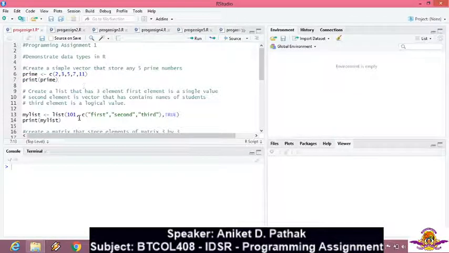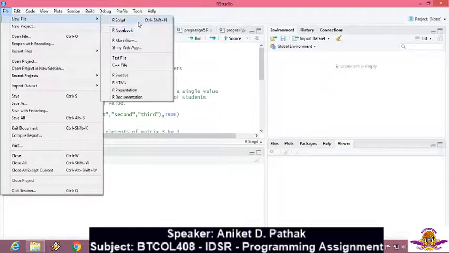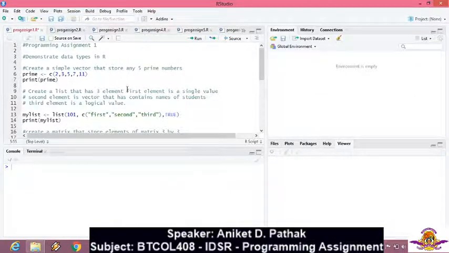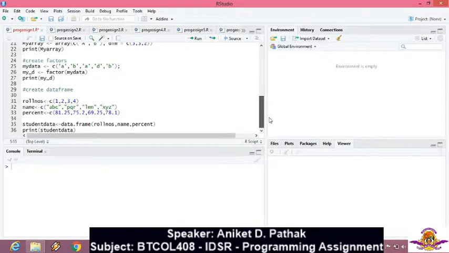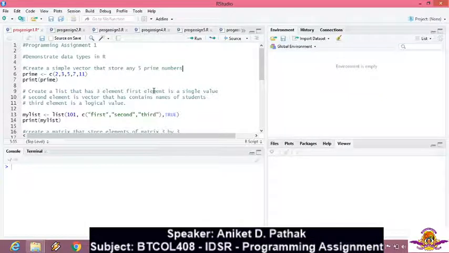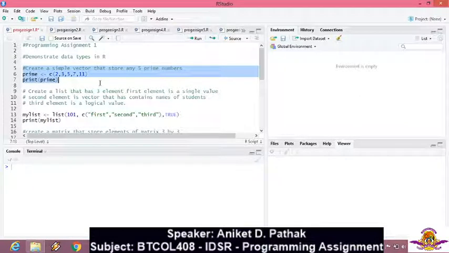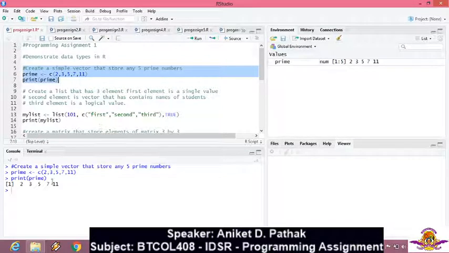Now, as this is an R script, from where can I write an R script? It's simple. File, New, R Script. Once you click, you can just write a program. If you click on Run, then whatever I have written in this R script entirely would be executed. Now RStudio gives me a feature. If I want to execute just these 2 lines, I can select them and click on the Run button. Then in the console at the bottom you see the statements that were written and executed. So my vector contains 2, 3, 5, 7 and 11.